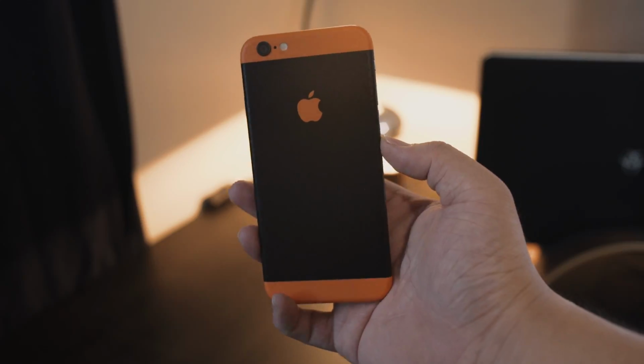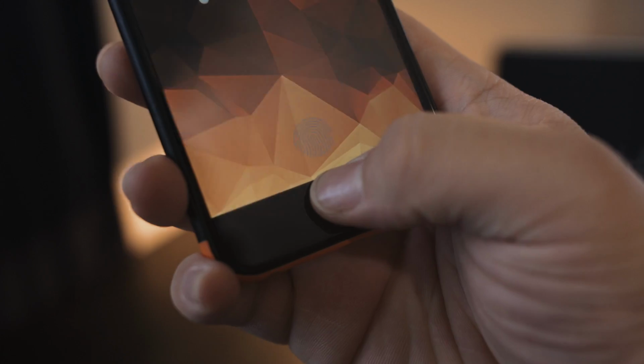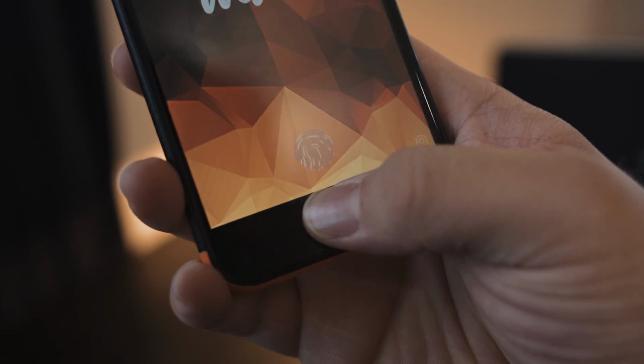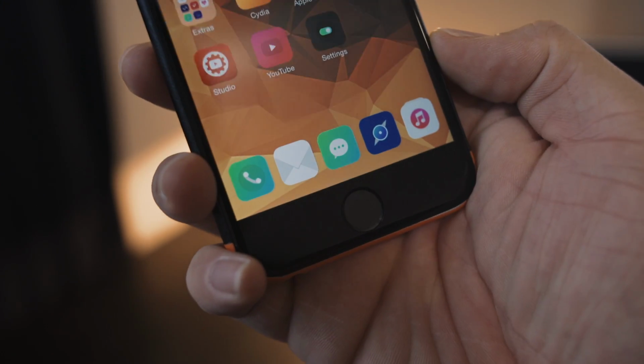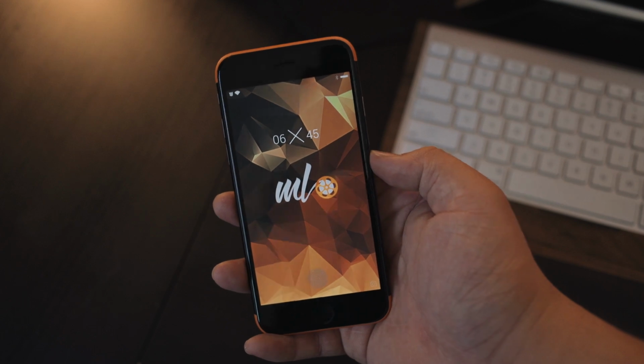So starting off with the lock screen, I have a jailbreak tweak called Lock Glyph, which essentially brings the Apple Pay confirmation animation to the lock screen. So if you own a Touch ID enabled device, this is a neat way to add flair to your iPhone,